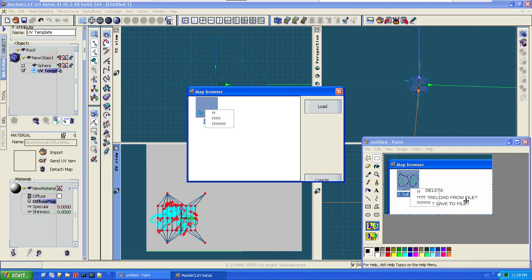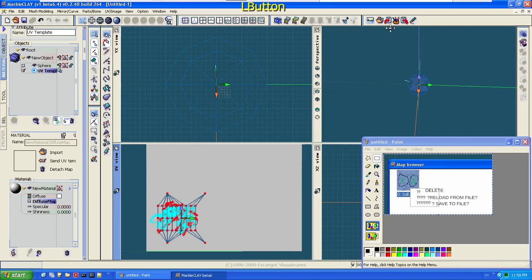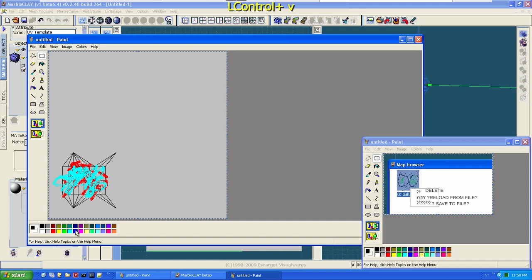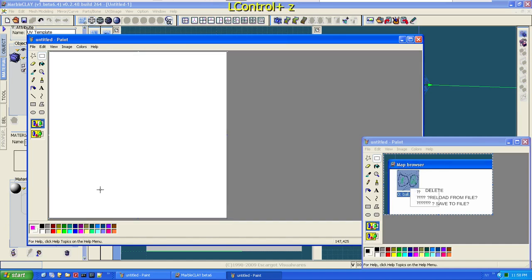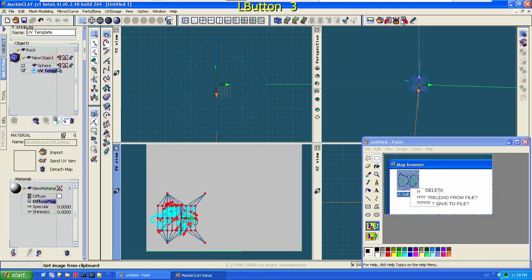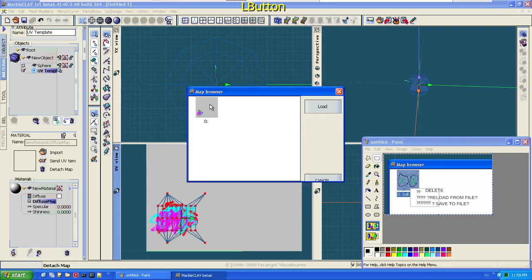The next is reload from file. So if you make a change on the file, it just reloads it. And if you changed it in the software, in the buffer, so if I do another copy and then paste and then, I don't know, add. Sorry, try that again. Select spray can, change it to purple, then Control A, Control C to copy to the buffer and then paste it back. Okay, now if I go back here, import, it looks like it's already updated. Yeah, so anyway,